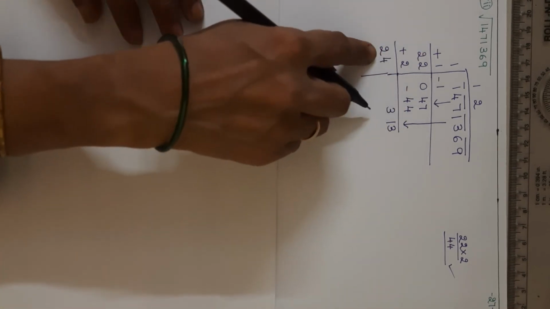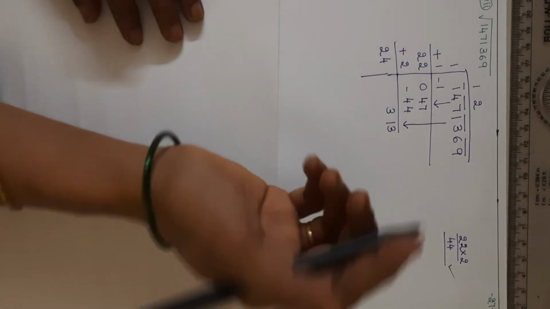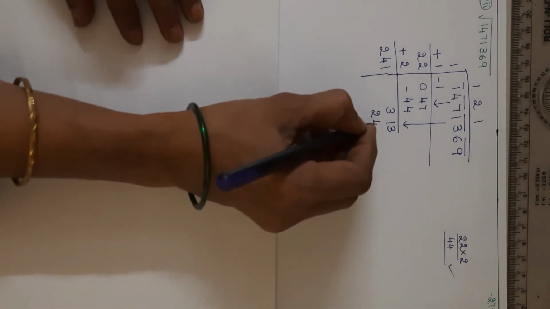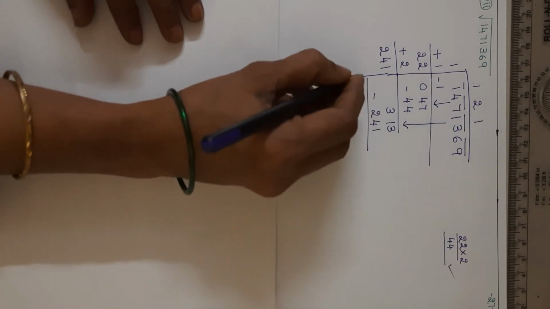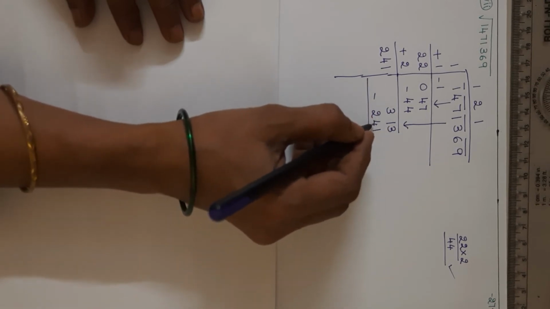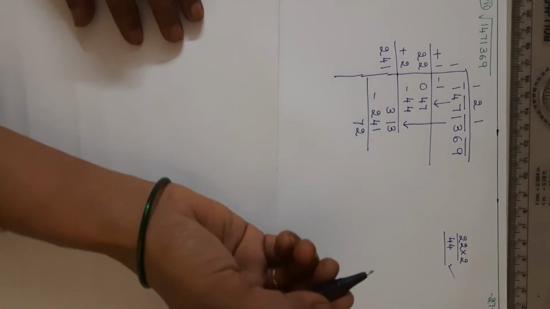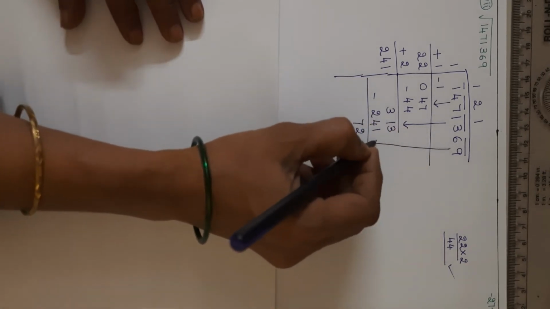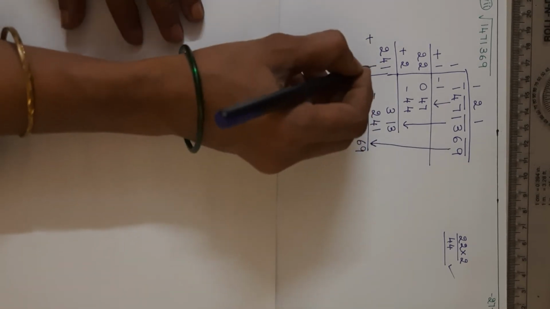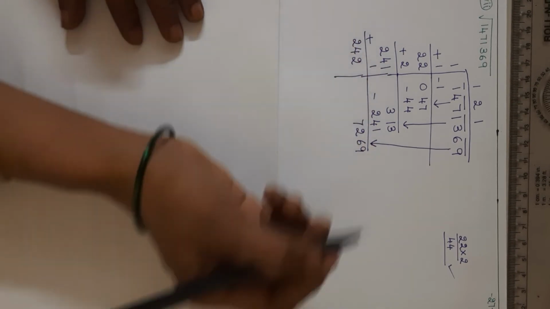Now 2, 1s you can put. If we put 2 it becomes bigger, so 1s, it will be 2 4 1. Now it is 3 minus 1, 2. 11 minus 4 is 7. Now 2 minus 2, 0. Now bring this 69 down. Now add 1. 1 plus 1, 2. 4 as it is, 2 as it is.